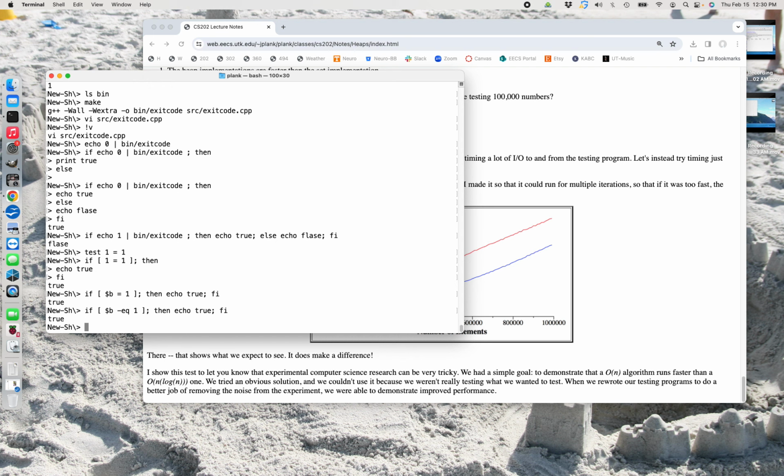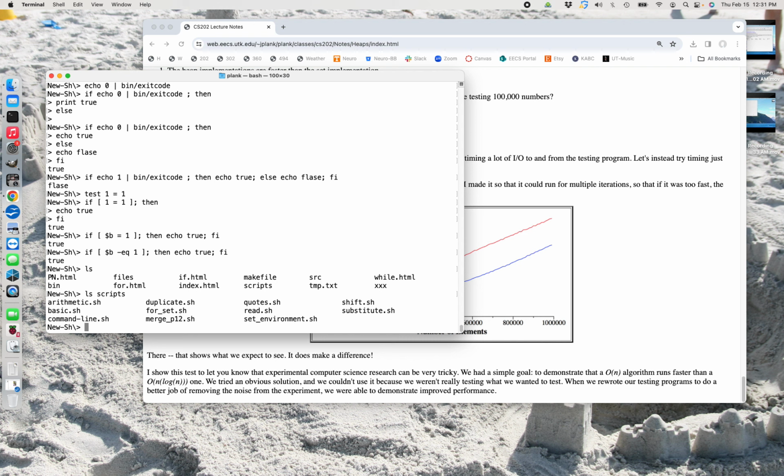Okay, but that's very useful. There's while. So now I can say, while. I don't know how to increment a number. Use the double parentheses, plus. Does that work? Oh, I bet that's not Bourne shell. I bet that's newfangled kid stuff. Grep while. Scripts. There we go. Okay. Oh, I don't like either of those.